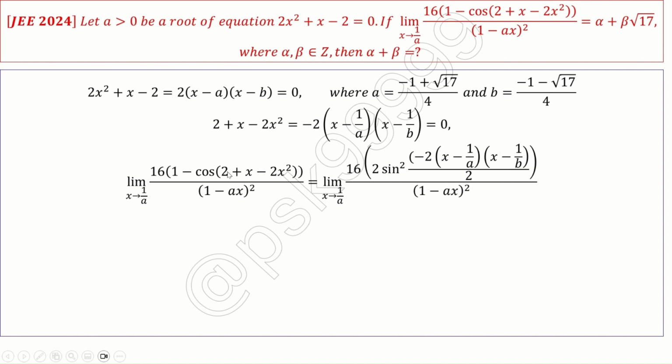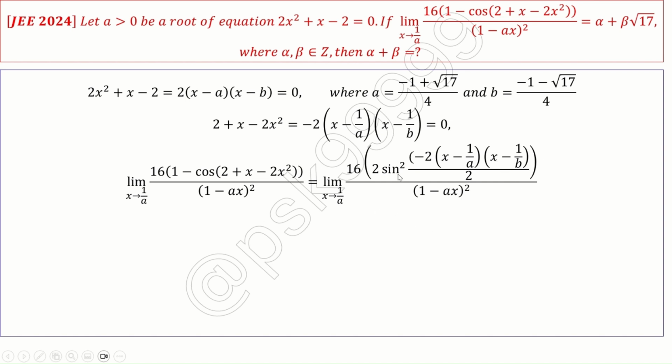whole square. I will rewrite this as 1 minus cos theta. This is nothing but 2 sine square theta by 2. That's what I am writing here: 16 times 2 sine square theta by 2. So theta is nothing but this quadratic equation, and I am replacing it in this format. Okay, so minus 2 into x minus 1 by a into x minus 1 by b divided by 1 minus